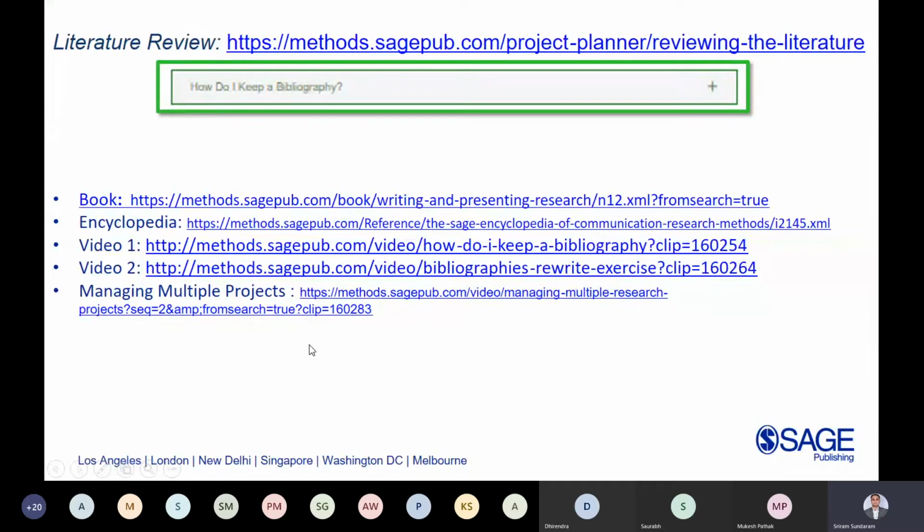And then if you are a faculty member managing multiple research projects, you are having around 2-3 scholars under you and there are different research projects, then how do you manage it? There is a video, a beautiful video by an expert on that as well. Now I have accumulated all the content. It is only 5 content, so it is easy for me to put it in a PPT and